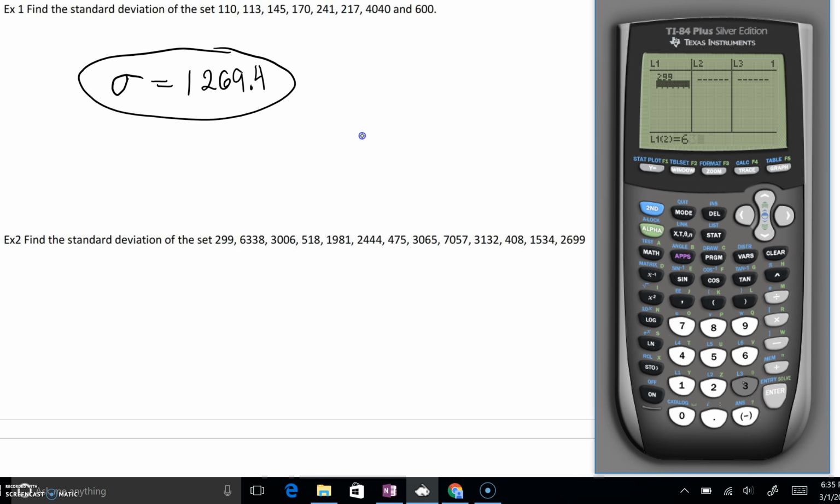299, you hit Enter. 6,338, 3,006, and of course you want to be paying attention that you're typing these in correctly. As long as you're getting them typed in correctly, this should be a very simple problem. You'll definitely see these on our test. We'll have 3,065 being entered,